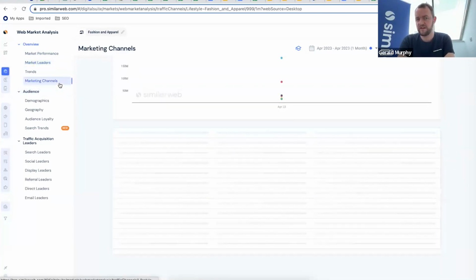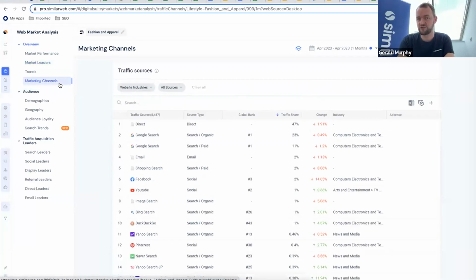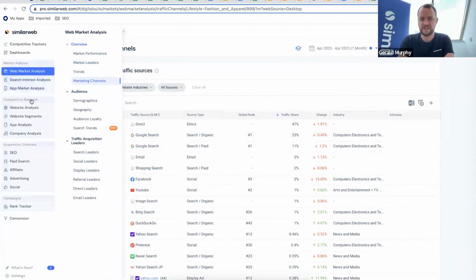More importantly, you can have a look at the marketing channels that are driving a lot of that success to that industry, and that will really help you to work out, should I be looking at Google, Facebook, Twitter, and so on? Really, really nice way of looking at it. And then, of course, for the digital marketer, we also have a segmentation by digital channel.